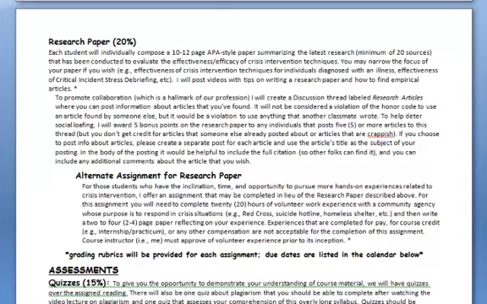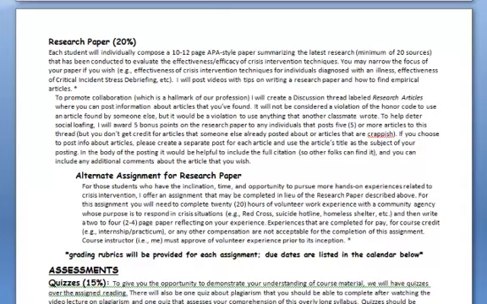Either original research, where we're reporting the results, or it could be a theoretical article, possibly, or it could be a review article. But something scientific, not something crappish. And you need to obviously post enough information there that people can find the article, and then also a little bit about what the article is about, so they know whether or not it would be helpful to them. Okay. And I'll have more videos and stuff about the research paper as we get closer to that being due. But be thinking about what you might want to write your paper on.